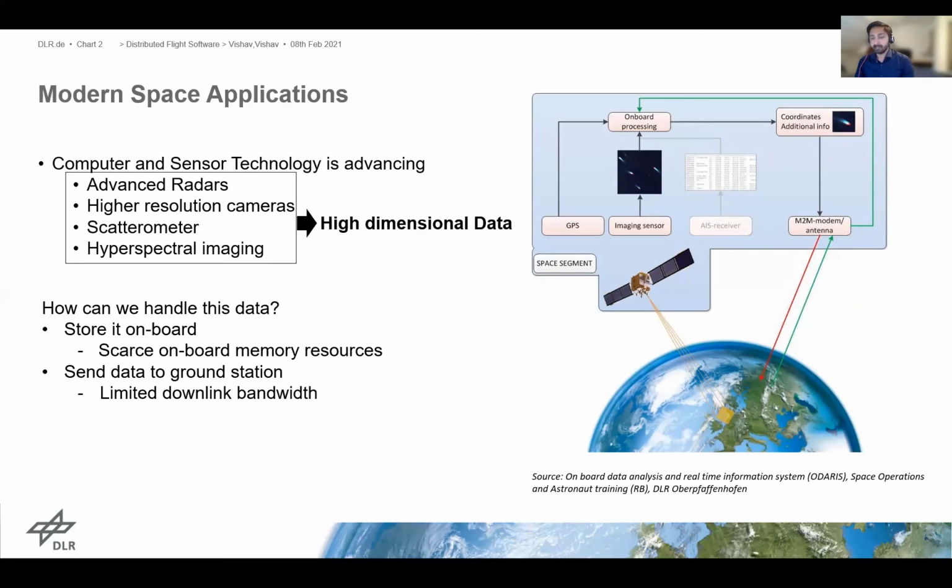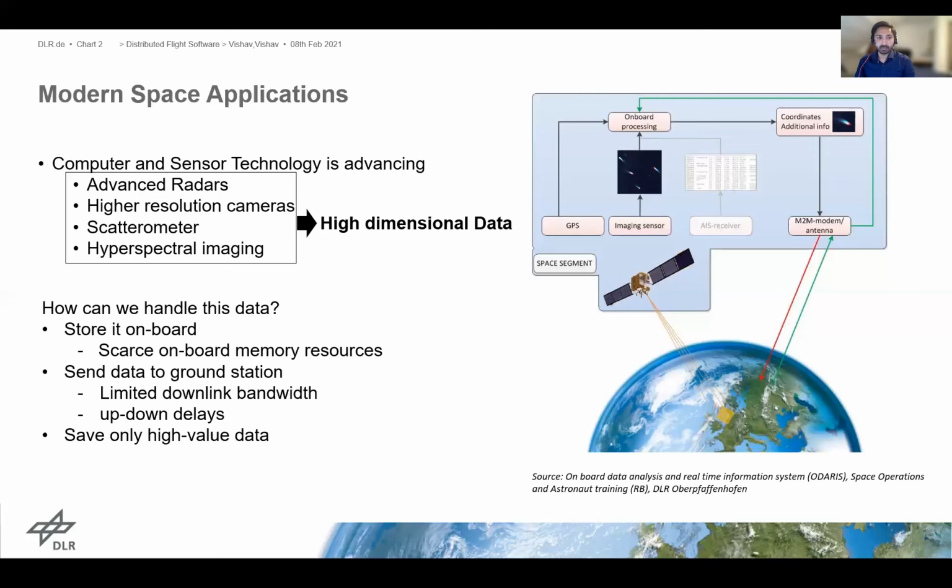Others might argue that we can send this data to the ground station. However, as per ESA evaluation, data rates and data volumes produced by payloads have continued to increase, but the available downlink bandwidth to the ground station has remained comparatively stable. Also, for applications like real-time weather monitoring, as shown here, we would like to avoid up-down delays, or else it would affect the real-time capabilities for such applications.